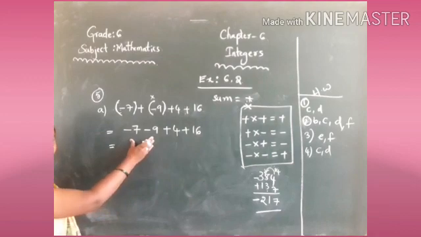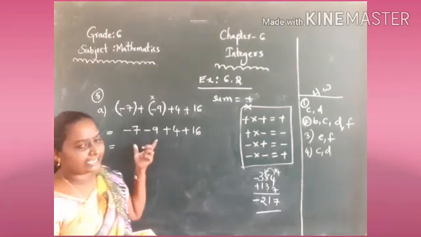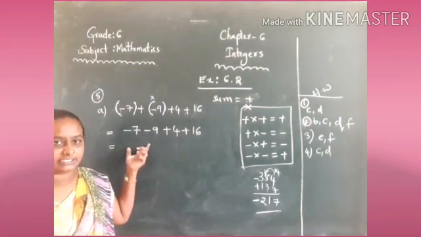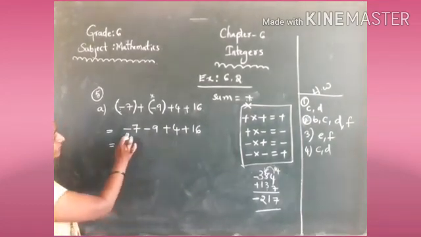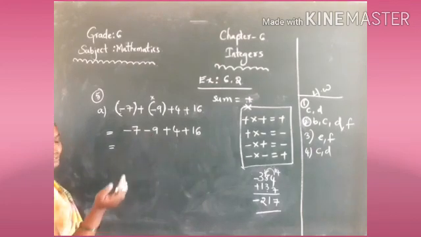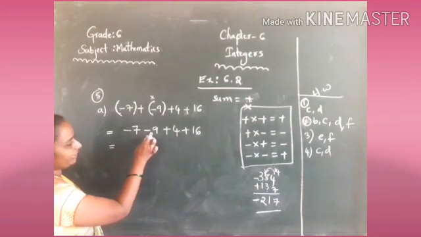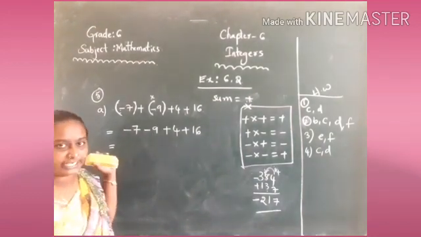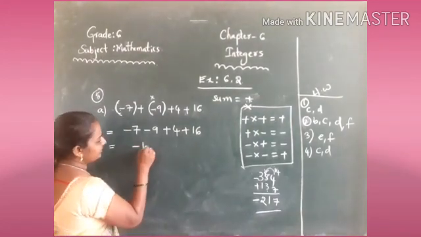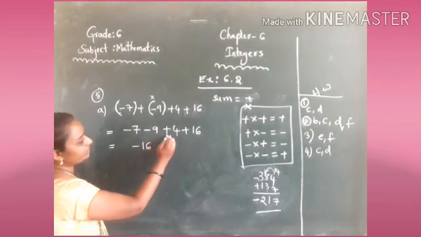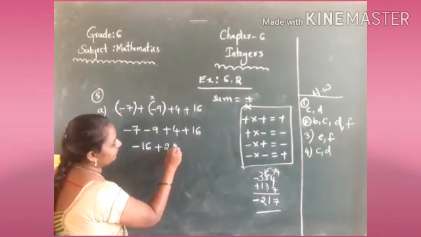Right. Next here minus 7 minus 9 plus 4 plus 16. Okay. Here two negative integers, two positive integers. First thing is which are same integers. So same sign integers you should keep one side. So you should first do that operation. Here minus 7 and minus 9 both negative. So same signs means you have to do addition. Okay. Right. Minus 7 minus 9. How much? Both are negatives. Minus 7 and minus 9. Both it gives yes, minus 16. Okay. After plus 4 plus 16. Both positives. It gives plus 20.